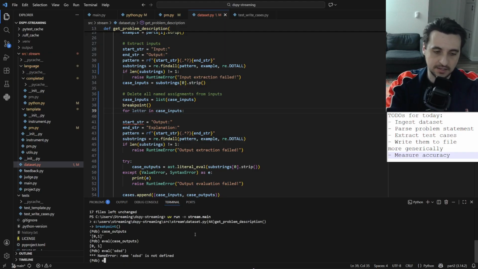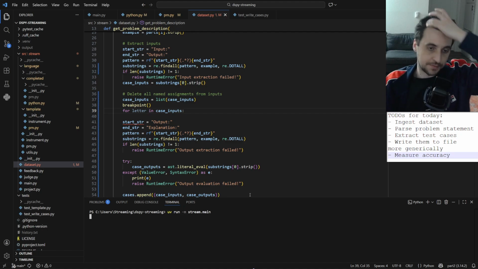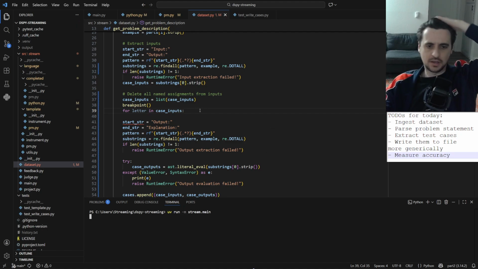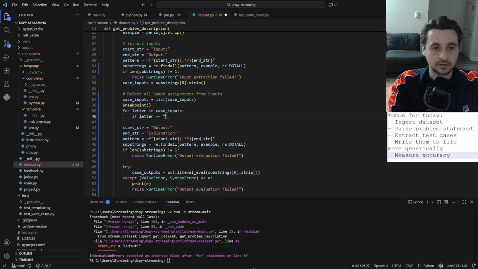Yeah, it's kind of dumb, but I think it's safe enough. I think this is fine. Yeah, no, it should be okay. Oh, wait, this is not valid Python. Never mind. So if letter is equal,